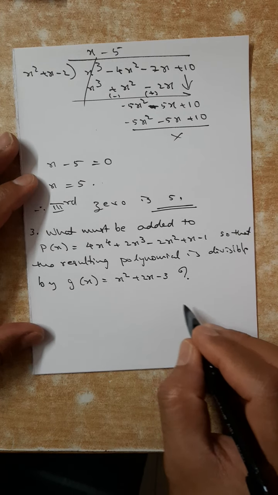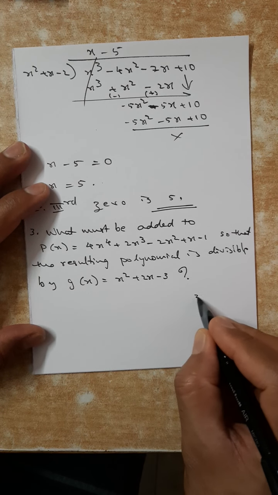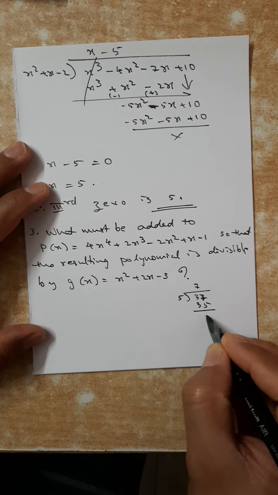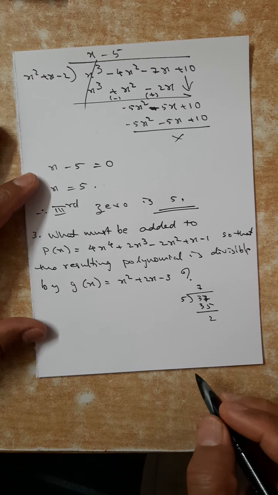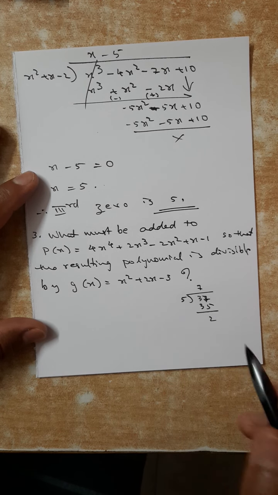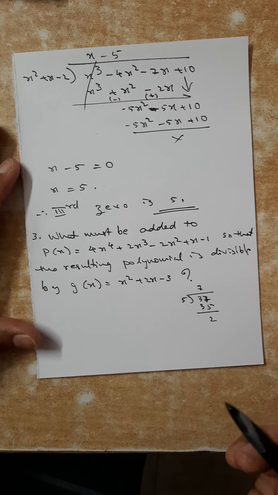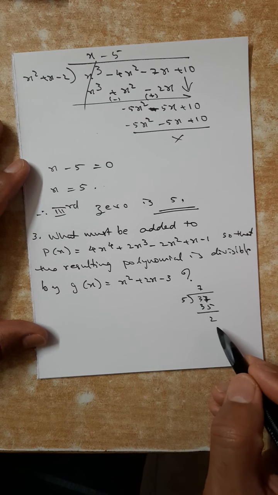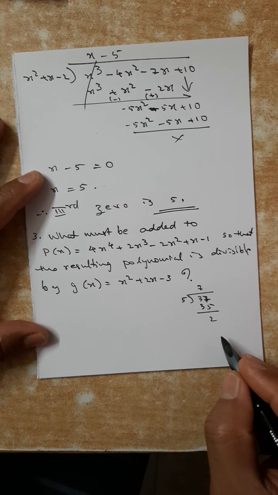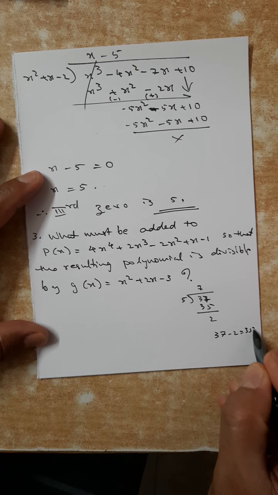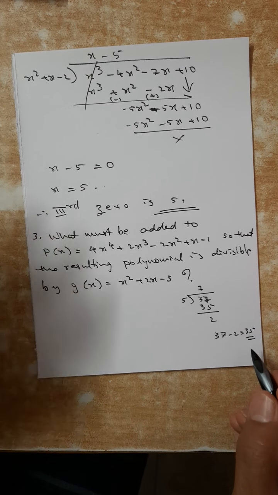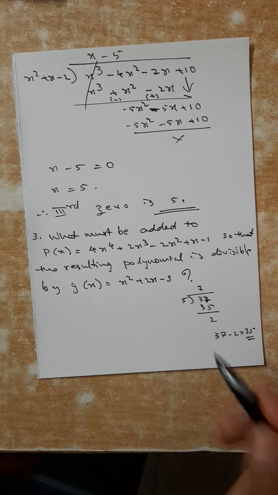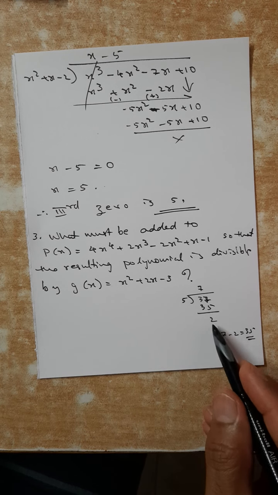Let me explain with the same example which I used earlier. 37 upon 5. 5 sevens are 35, balance is remainder 2. If somebody is asking what should be added to 37 to make it divisible by 5, what will you say? Normally what we heard in lower classes, what should be subtracted? 2 can be subtracted, so 35 will come. 37 minus 2, 35, is divisible by 5. But the question is what should be added? We can add minus 2. Either subtracting 2 or adding minus 2, both are the same.